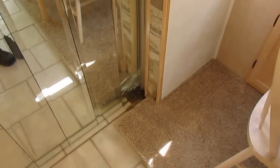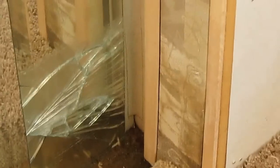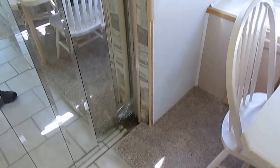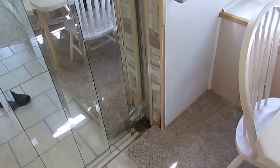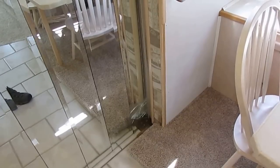Now, folks, I'm not going to hide anything. One of the pieces of bevel glass is broken. It's probably been broken for years. It's got a piece of tape over it, so you don't have to worry about glass falling out. But I don't like to hide anything. I don't want any surprises. You know, I can't make this brand new, obviously, for the price I'm selling it for, because this thing in